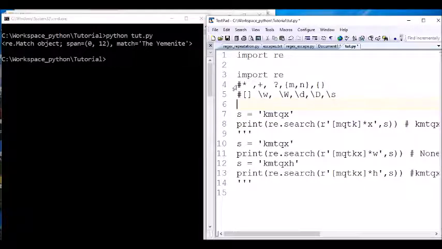Okay, like this one here. Well, inside the set is key inside the set. The set means any one of these has to be the first character. So the K is here, the M is here, and the T is here, Q is here, and X is here.